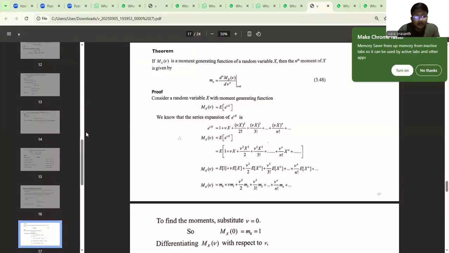Consider a random variable x with a moment generating function Mx(v) = E[e^(vx)]. We know that the series expansion for e^(vx) is 1 + vx + v²x²/2! + v³x³/3! + and so on up to vⁿxⁿ/n!. So Mx(v) = E[e^(vx)] = E[1 + vx + v²x²/2! + v³x³/3! + ... + vⁿxⁿ/n! + ...]. Mx(v) is equal to 1 + v E[x] + v²/2 E[x²]